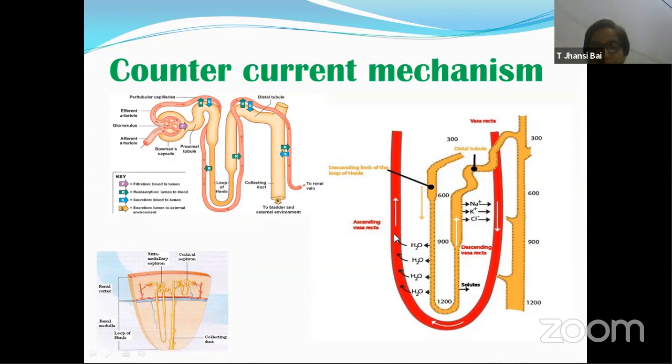If this vasa recta is not there, and the concentration of sodium ions increases in the medullary region, they automatically move into the cortex, and we don't want diffusion of sodium into the cortex region. So for that reason, the temporary movement of sodium ions works this way: they enter these capillaries and come off, so that they remain here itself. This is the countercurrent mechanism, because of which water is reabsorbed in the loop of Henle, thus rendering urine hypertonic.